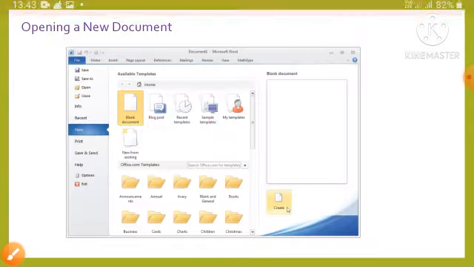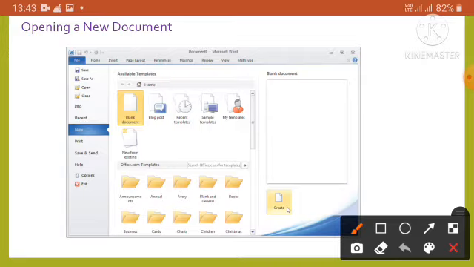Next one is how to open a new document. When you start MS Word 2010, a blank document is automatically created and opened. To create a blank document from the already opened MS Word 2010 window, we need to click the File tab, then select the New option in the backstage view.